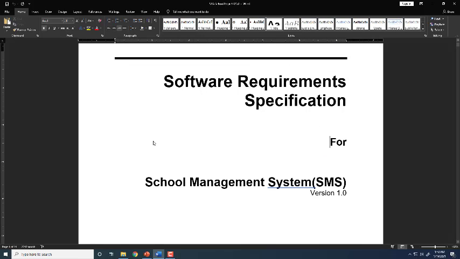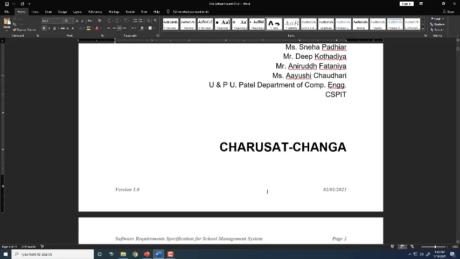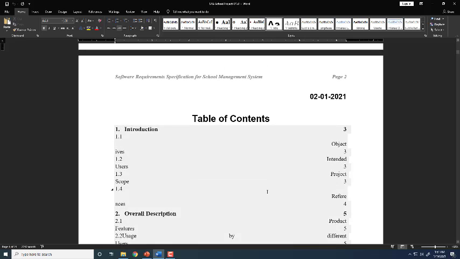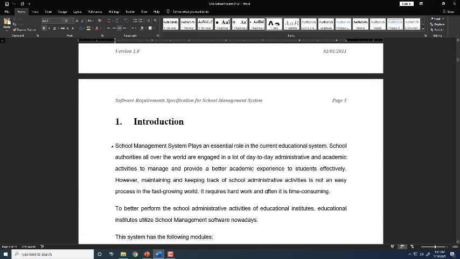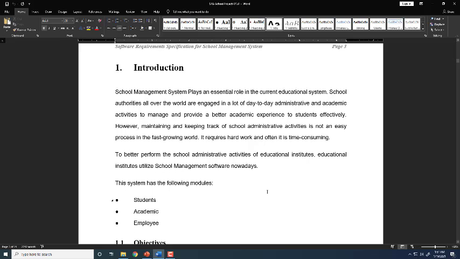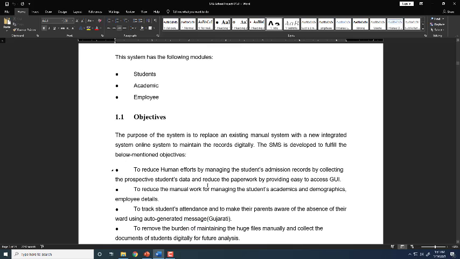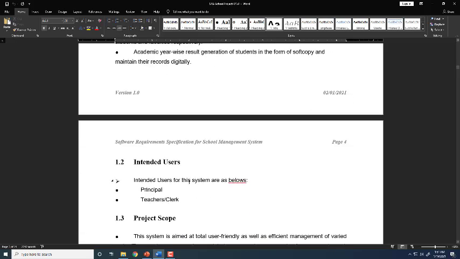This is one more sample of an SRS, for a school management system. The table of contents is not documented well here, but let's go to the introduction. It gives an introduction of the school management system, and it has three modules at an abstract level: students, academic, and employee. The objectives, what it does and what kind of problems it solves, are mentioned over here.